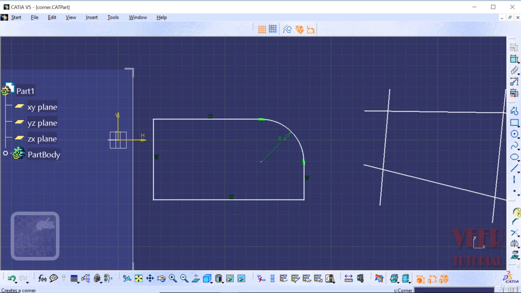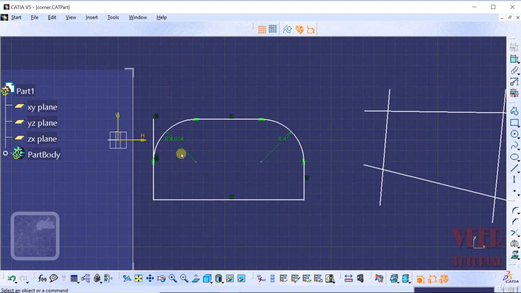Once again I will select this corner option. And the next option we can see is trim first element. Basically what happened with trim all element is that it has trimmed all the lines and all these lines are replaced by an arc. In the second option, trim first element, select the line and select the second line and then insert some radius. We can drag this and I click here and now we can see it has trimmed the first line. The first line we selected was this horizontal line and the second line is the vertical. So it has trimmed the first line and the second line is not trimmed.